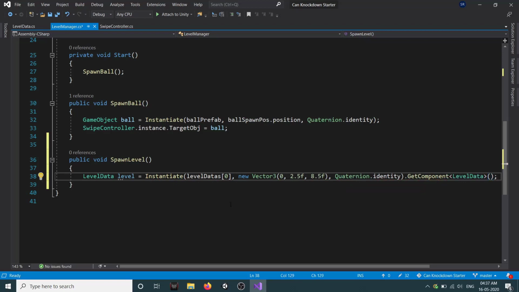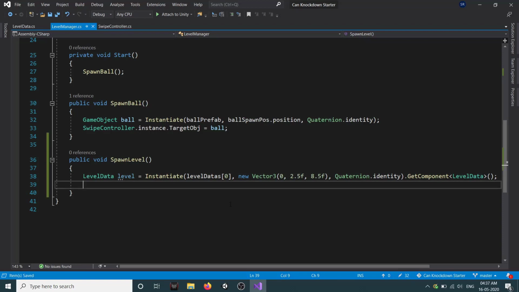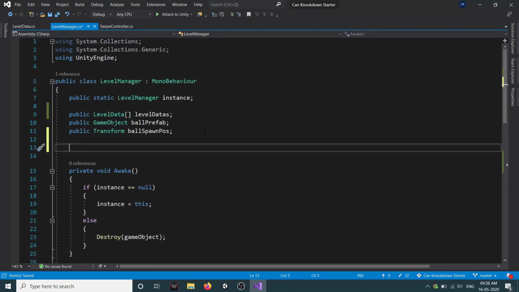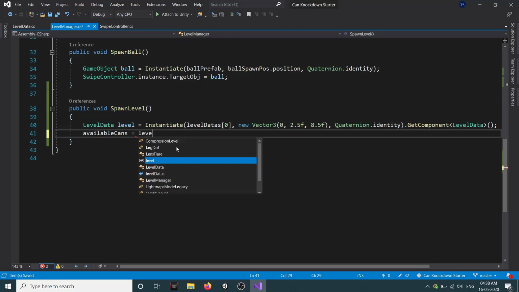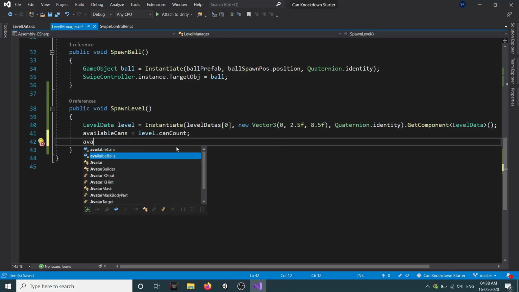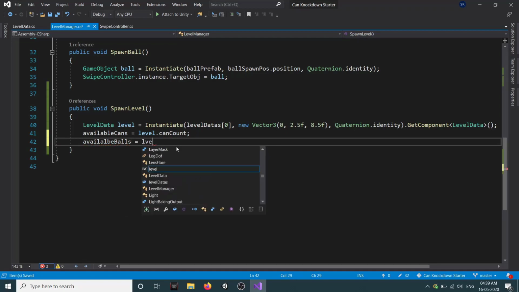Now we also need to store our available cans and balls for that particular level. So for that we will create a private int availableCans and availableBalls, and in our SpawnLevel method we will set our availableCans equal to level.canCount and availableBalls equal to level.ballCount.